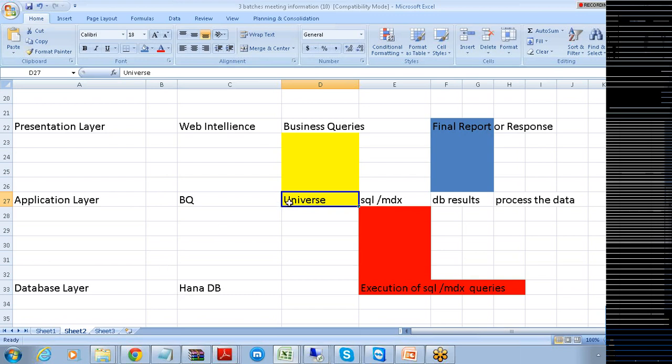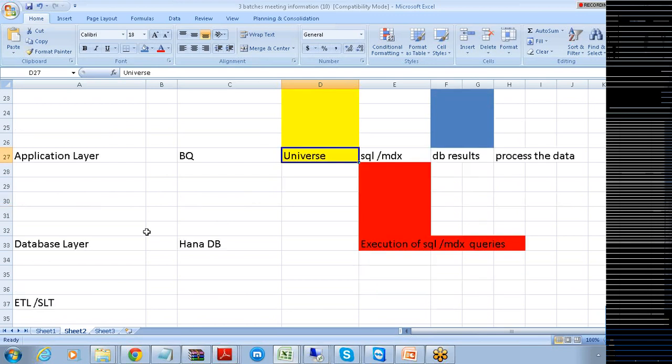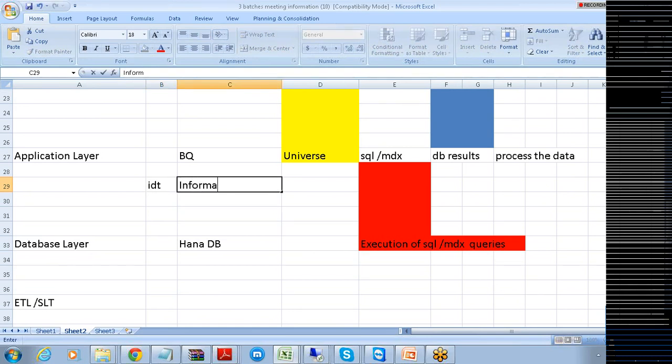The universe in Business Objects can be created with the help of two types of tools. The first is your IDT tool, the Information Design Tool.